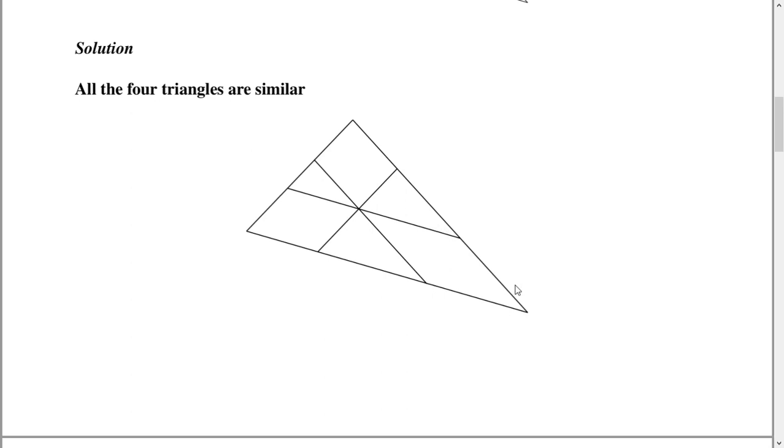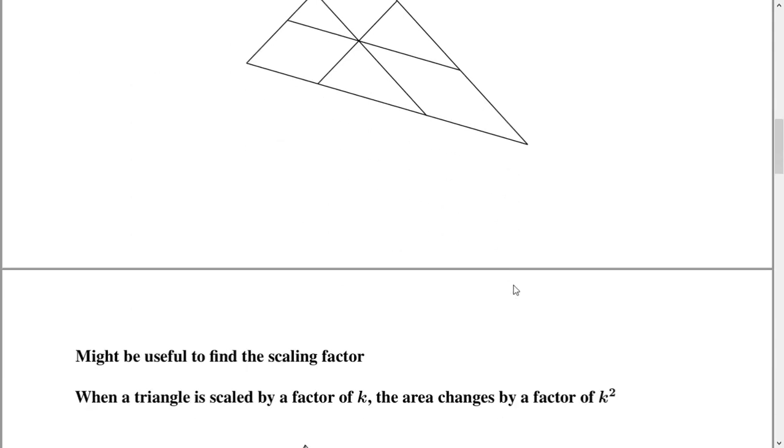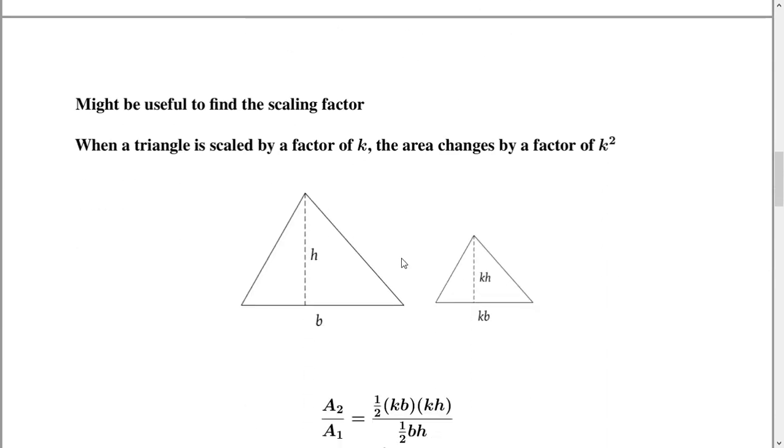What we should then try to do is figure out the factor by which the largest triangle has been scaled down to get the inner triangles. But all we know is the areas of the inner triangles. With that, we need to try and find the scaling factor, which is quite straightforward